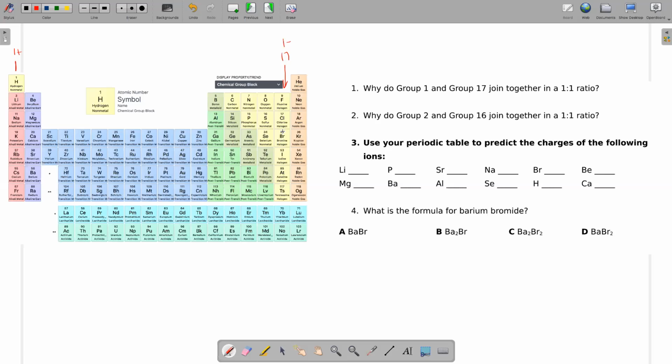They form a 1-to-1 ratio because any element in this row, like if I pick potassium and chlorine, potassium is K1+, chlorine makes the chloride anion, Cl1-, and you need 1 potassium and 1 chlorine to have a neutral compound. That's KCl. Potassium chloride is the salt that's put into Gatorade and other